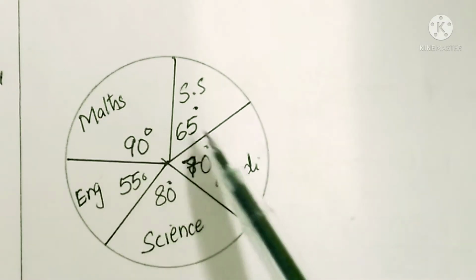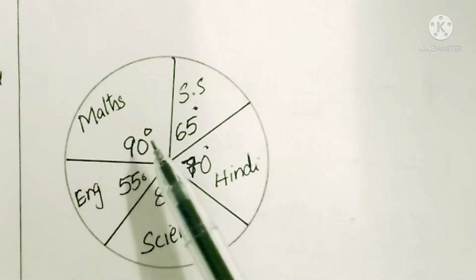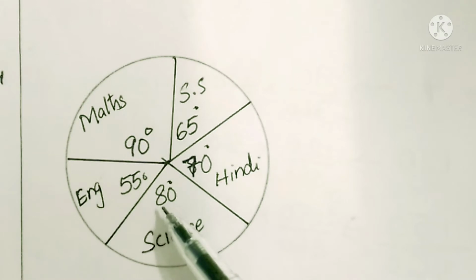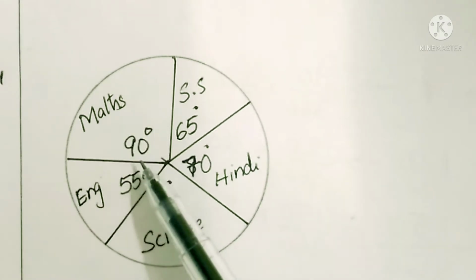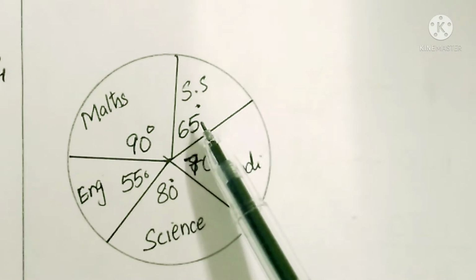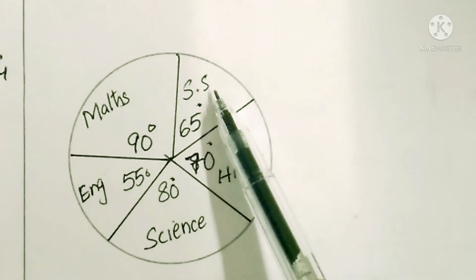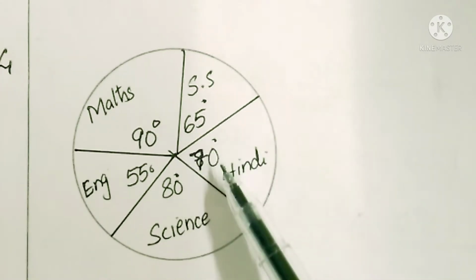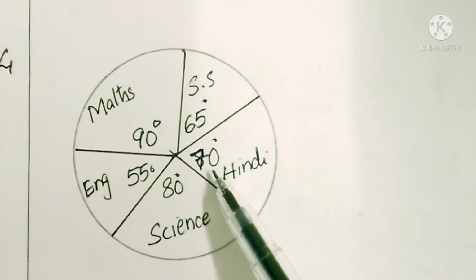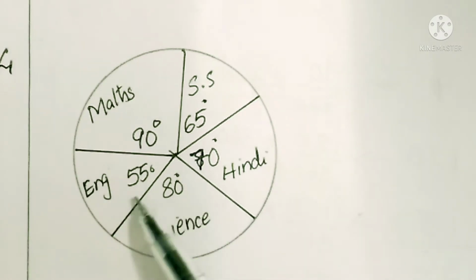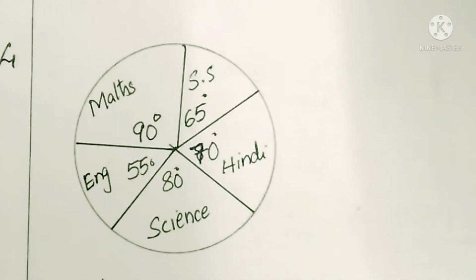Here the central angles of the sectors which represent different subjects are given. That is, maths is represented by an angle of 90 degrees, SS by a sector of 65 degrees, as social science means SS. Hindi is represented by a sector of 70 degrees, science by 80 degrees and English by 55 degrees. So first of all, let us mark all the